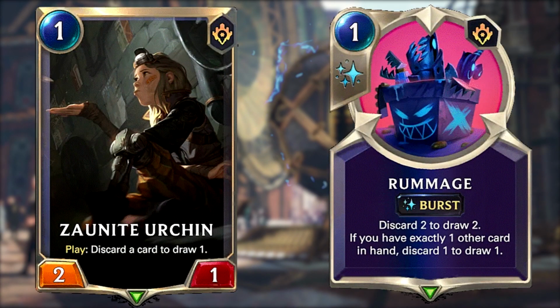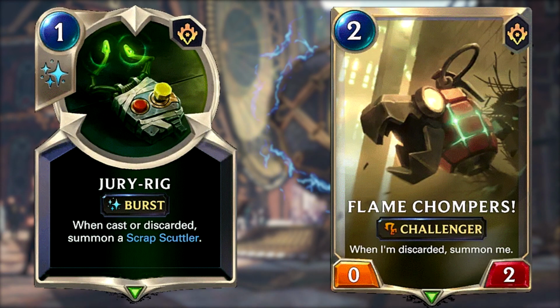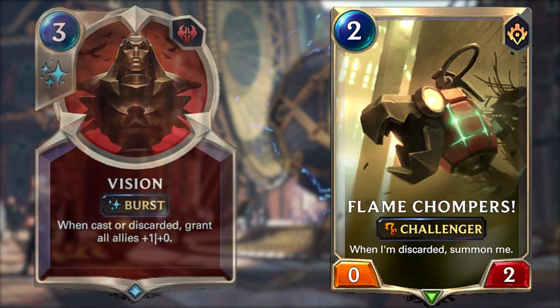As the name suggests, the deck is all around discarding, so cards which can be both discard and draw are very desirable, such as Zaunite Urchin and Rummage. The deck has a lot of options, smart plays, and therefore is a very skill-based deck. First of all, it's always important to know when to discard a card and what ones you should be discarding altogether. For example, there are obvious discard targets such as Flame Chompers, Jury Rig, and Vision,